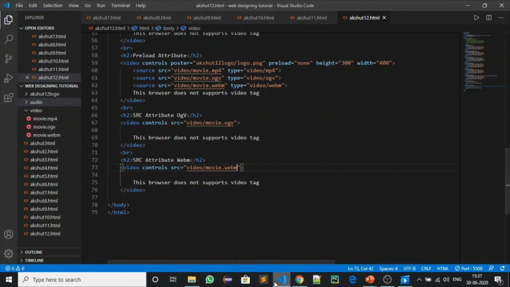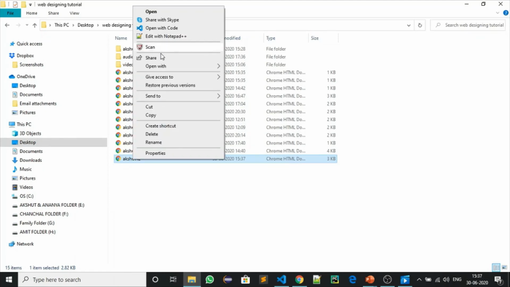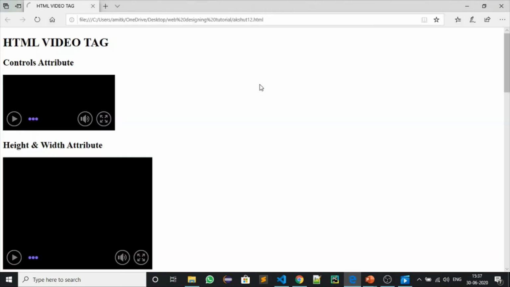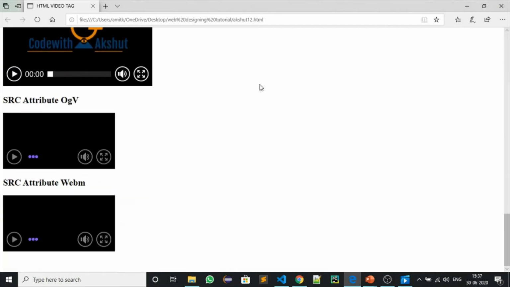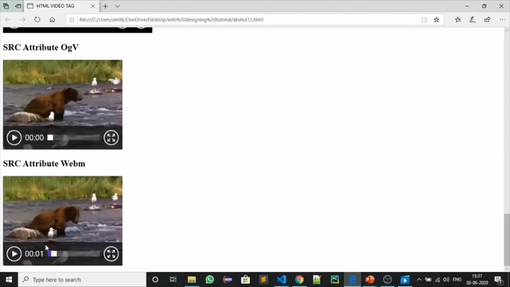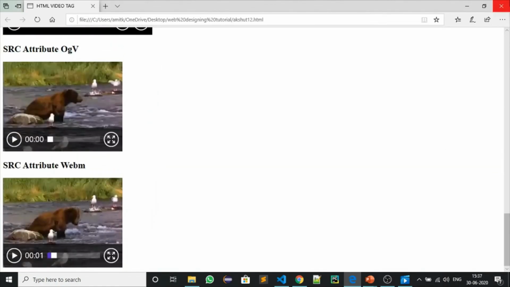I will save it. I will again run it, but now I will run it on Microsoft Edge. Now my Microsoft Edge is running. Here it will show this because it supports this format. I don't know why. I think it should be supporting that one, but leave it.